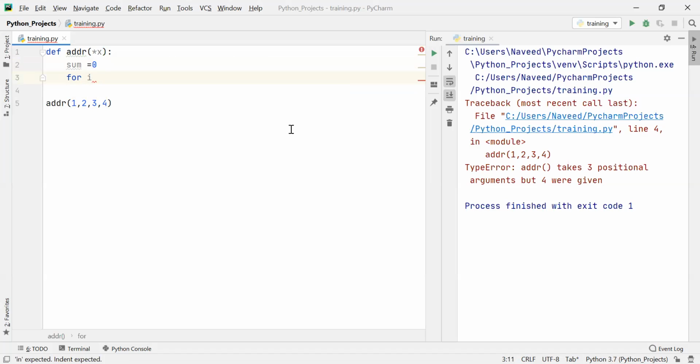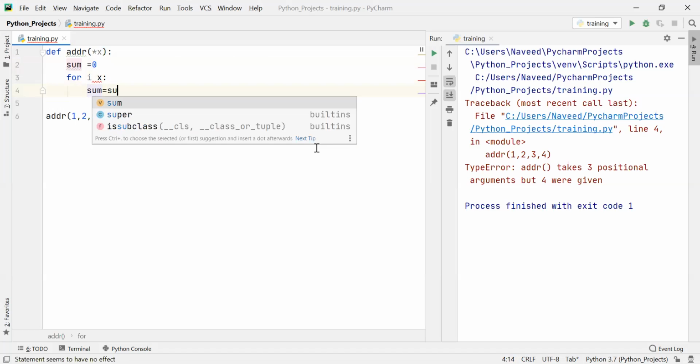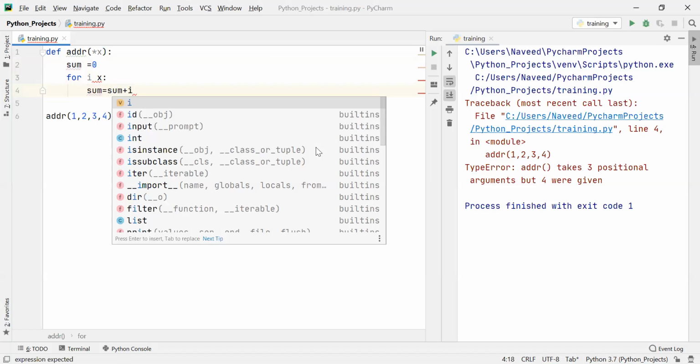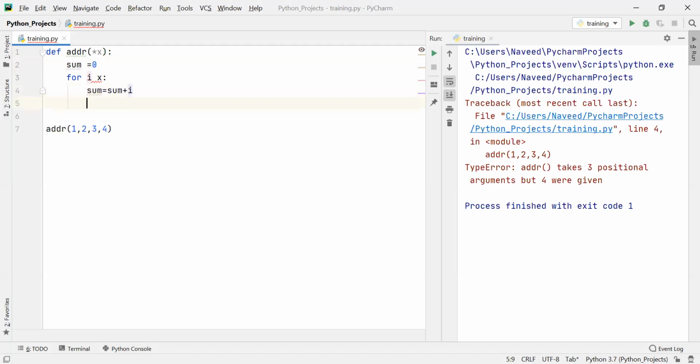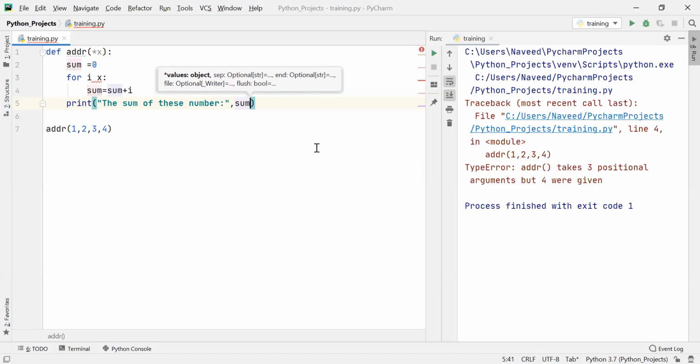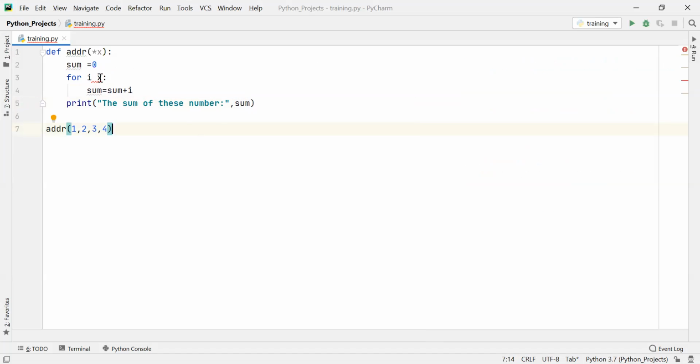For i in, let me give x, sum equals to sum plus i, and then print, let me write, the sum of these numbers, then I'll give the value as sum. Okay, now just see how this for i in x, yeah, it's following the correct indentation.